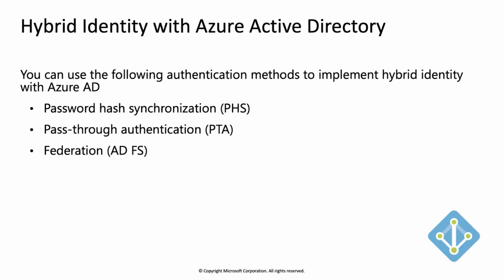Whereas if I'm talking about pass-through and password hash, they don't require any certificates separately. It's all inbuilt. But on the other side, federation does require a separate certificate as well. So the idea is to understand, if you're setting up hybrid identity, to pick and choose your relevant